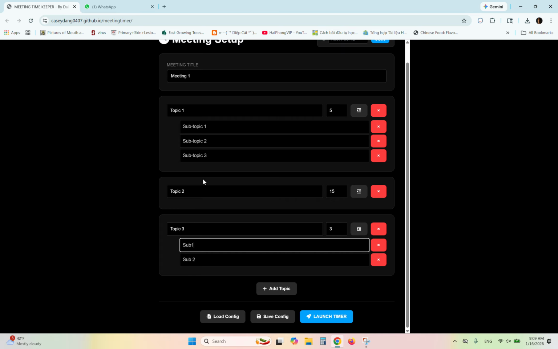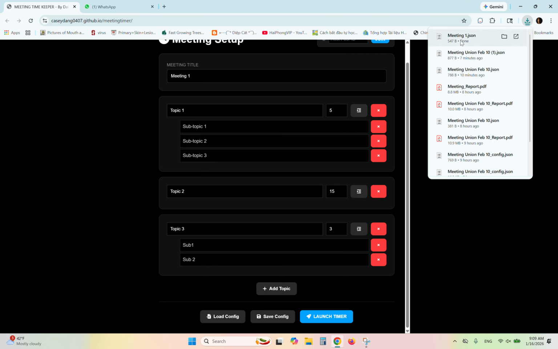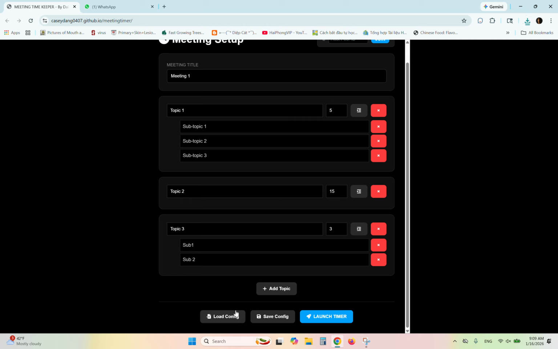You can save the config so you can load it later by this button. So the load config button loads the pre-saved config, and the save config saves whatever you type in here so you can load that later. For example, if you want to prepare the meeting ahead of time, you can just save the config right here. It will save with the name .json, and when you need to load the config back, you just press the button and reload the meeting